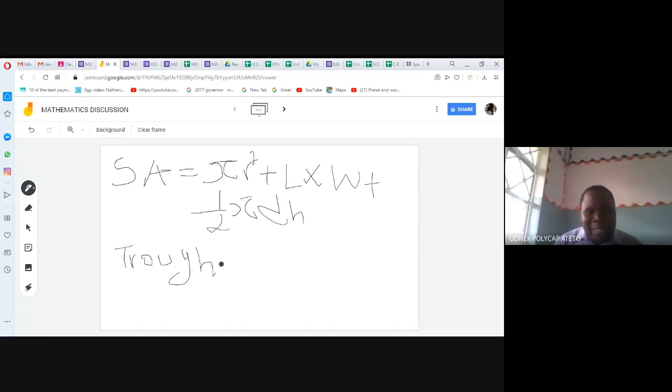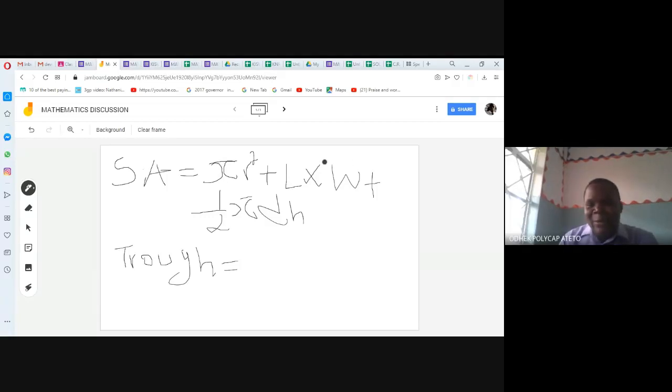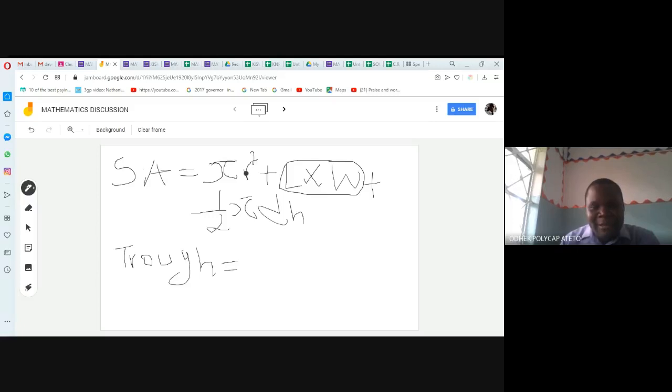So what about if it is a trough? When it's a trough, we don't have this. Are you okay? Yes. So the formula will remain pi r squared